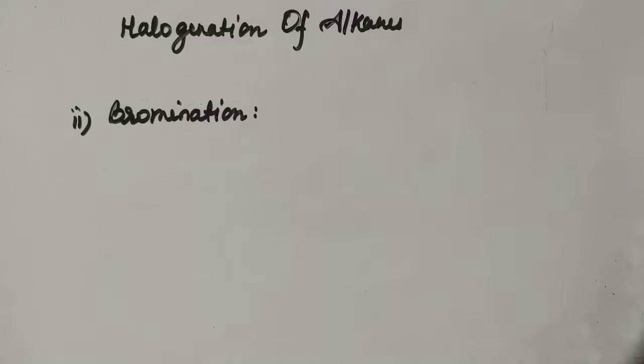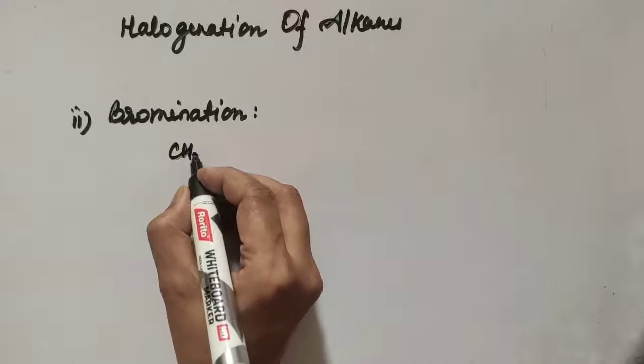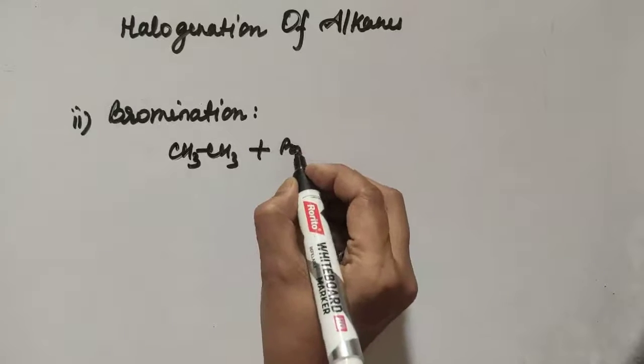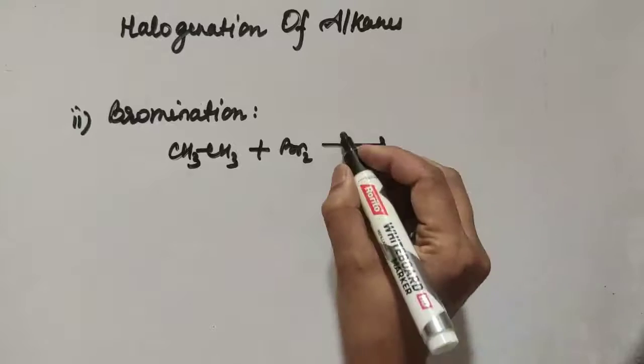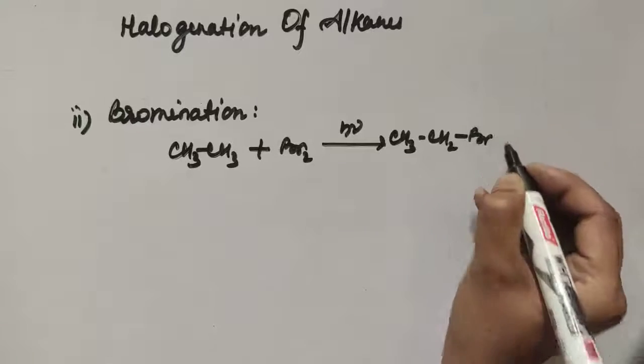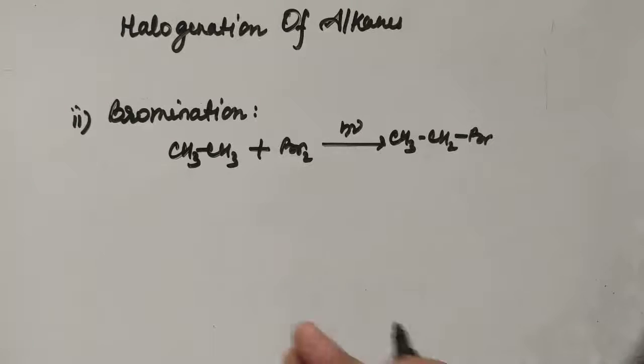during bromination, bromine reacts with alkane in a similar manner, but the reactivity, since it is less than chlorine, so it will occur less readily. Okay, so suppose I am taking the example of ethane, CH3CH3, this is ethane. When it reacts with bromine molecule, it will form CH3CH2Br, one hydrogen replaced. The similar reaction will go on, but it occurs less readily. Okay, here also we are going to get a mixture of products.